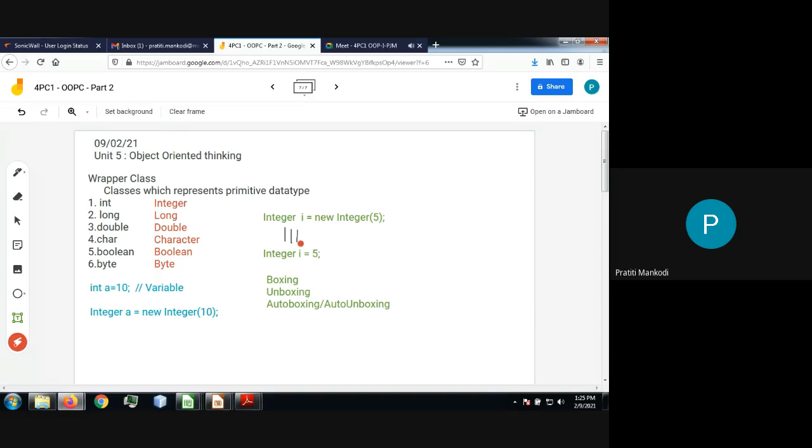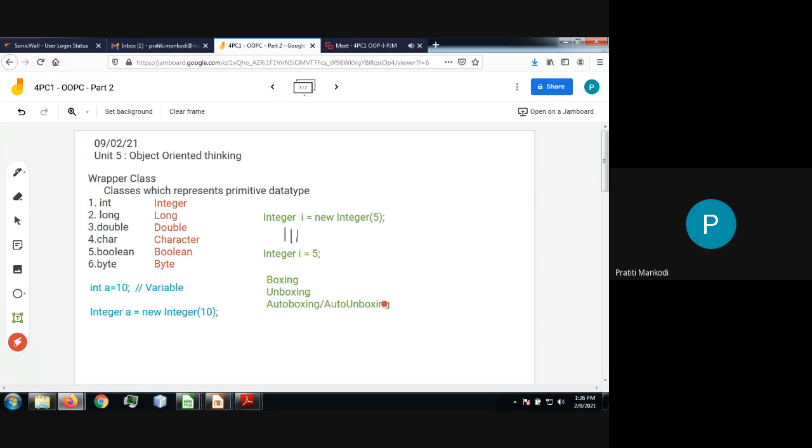This is done automatically by Java. Similarly, auto unboxing. When you are writing code which has the conversion from object to primitive data type, again it will be done automatically. This is called boxing and unboxing. We'll see the example later on, but you understand the terms and the concept.